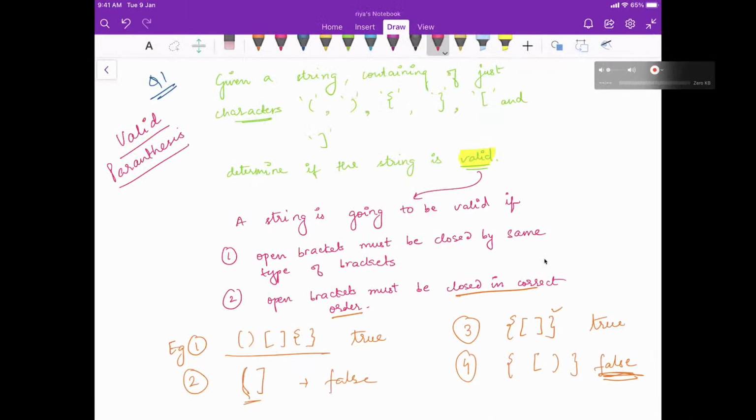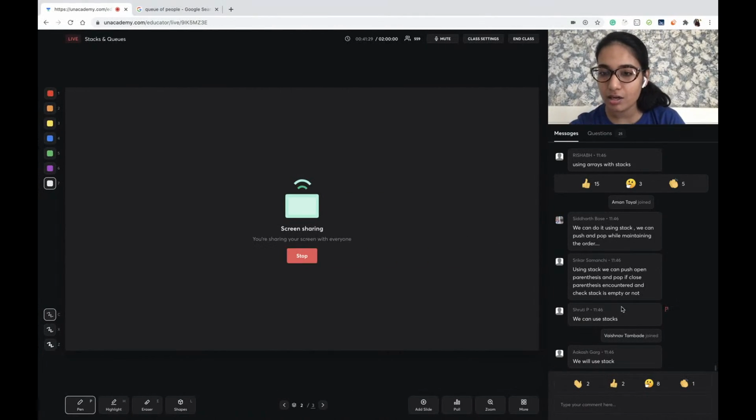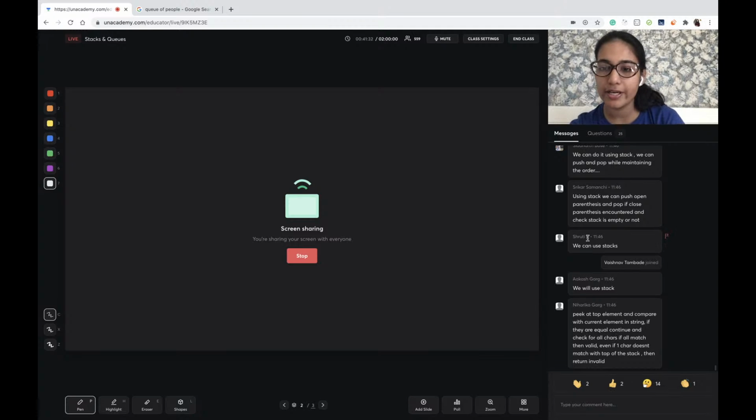Correct. Very good. Let me check the answers on the other end as well. Alright, Code Fire is correct. Piyush Sharma, I think I already said that, is correct. Guys, just don't give an answer in terms of stacks. Also tell how you're going to use a data structure, right?